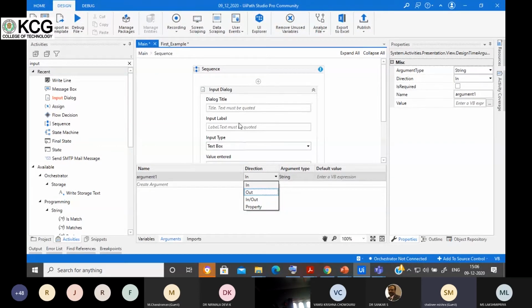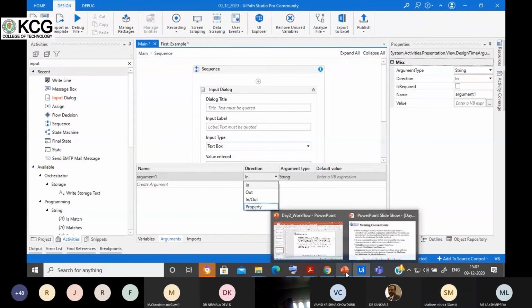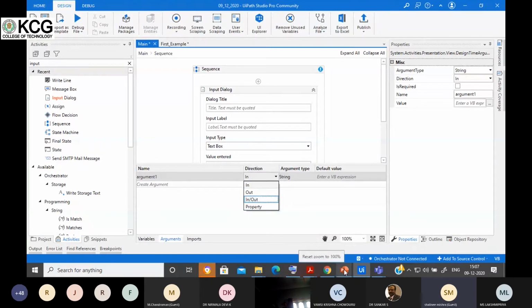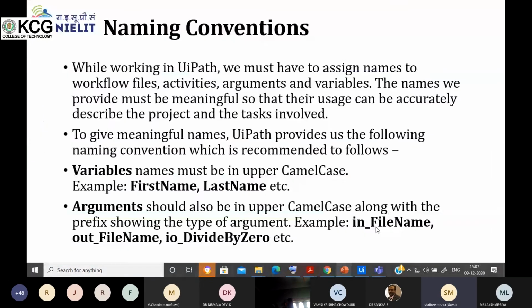Suppose I created the argument here, then I can use it here in this example and in the main file also. Property is not used practically, so we are not using it. Only these three, in, out, and in/out, we will use. To assign this, you also name it like this in the file name, so that you can identify where you are going to use this particular variable.